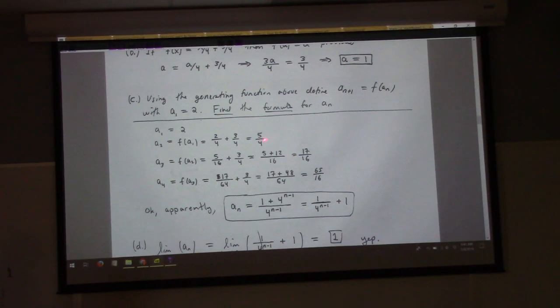It's always like 4 to a power plus 1, you know? 4 squared plus 1, 4 to the 1 plus 1, 4 to the 0 plus 1, 4 cubed plus 1, rather. And so I realized that's 1 plus 4 to the n minus 1 over 4 to the n minus 1, which of course you can algebraically simplify to that. So there's a formula, right?